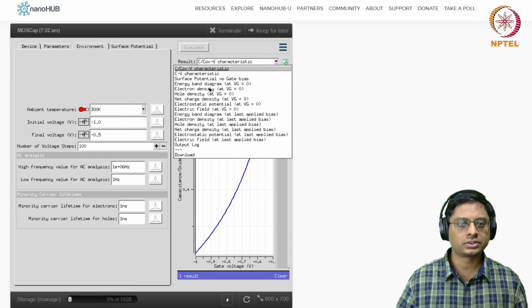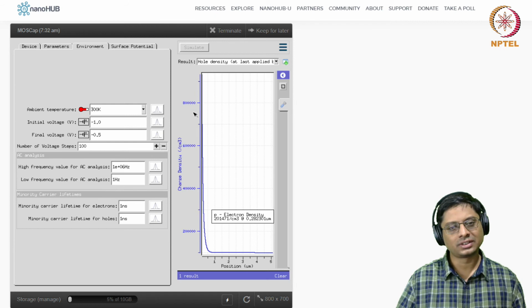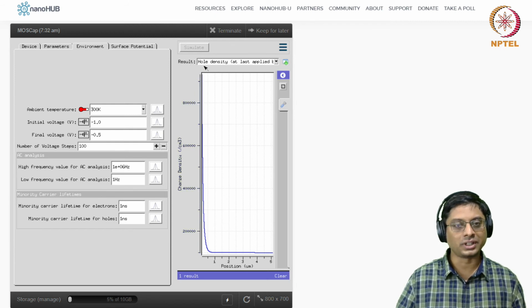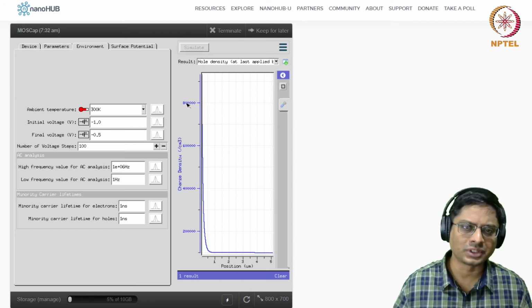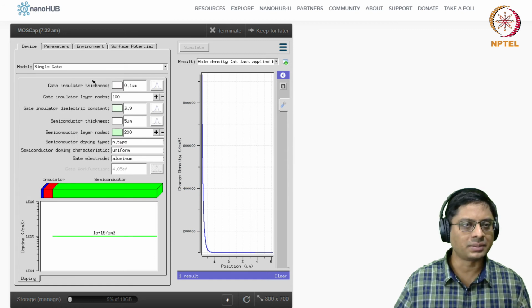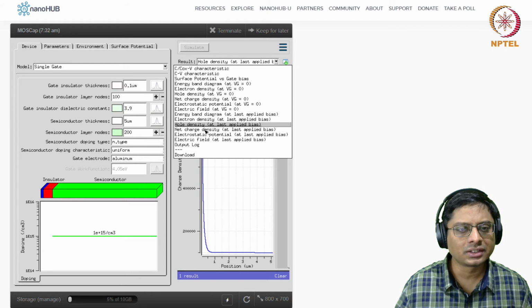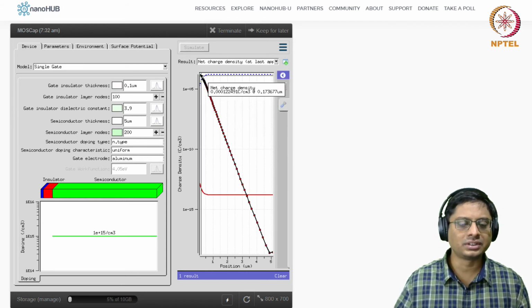Right. So let's look at the applied bias, which is, I guess, 0.5. Let's hope that it is so. Okay. Charge density now is this positive number, hole density. Okay, there is a large hole density, 10 power 5 or so. This is not so much actually. This was an N-type substrate, and you're having fewer. But then let's look at the net charge. So this is your hole, but then electron.